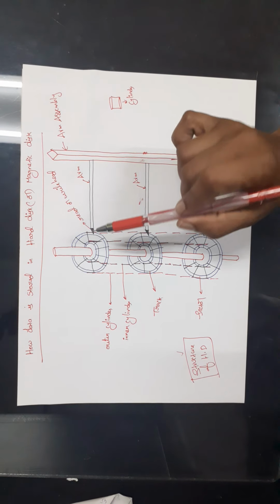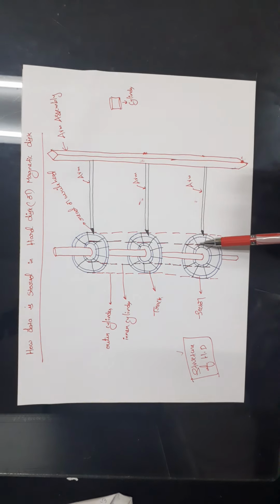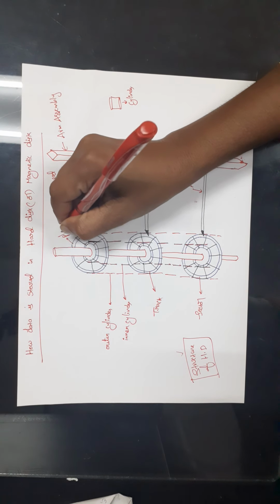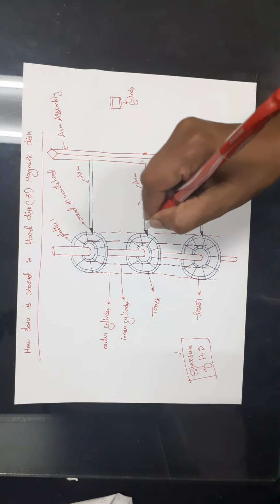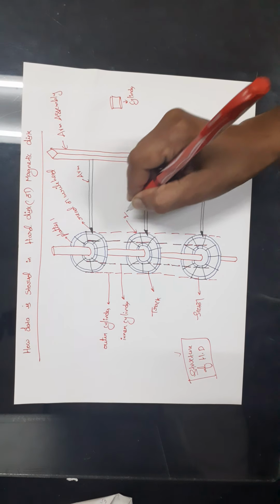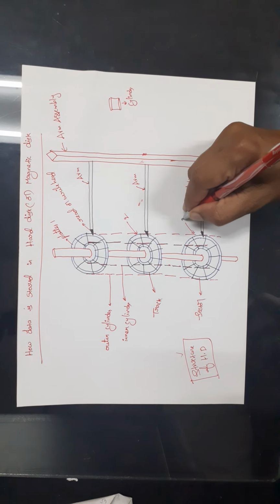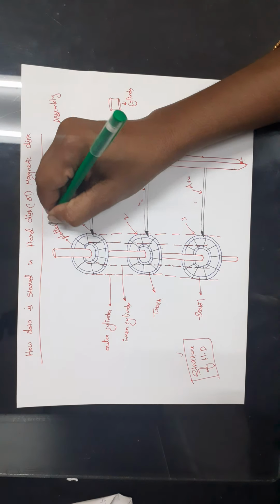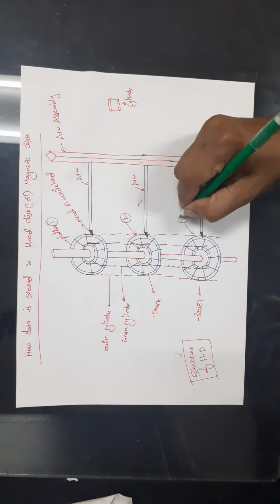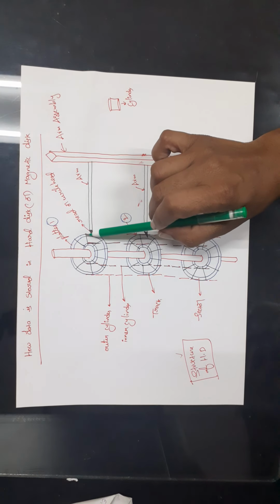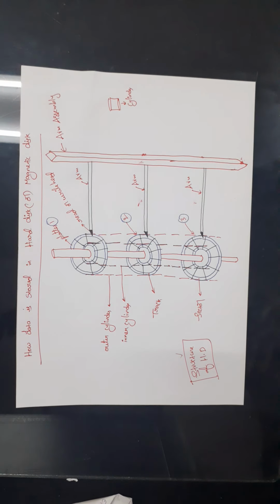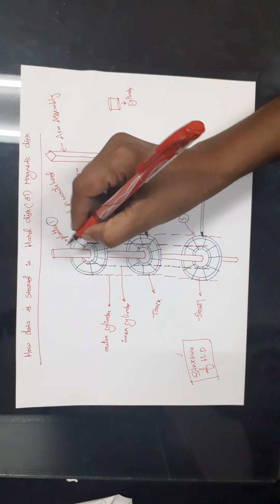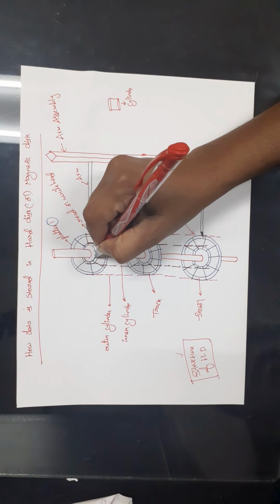We know that these are the platters in the hard disk. This is platter 1, this is platter 2 and this is platter 3. So in total we have 3 platters. Here, if you observe, each platter is divided into circular shaped tracks. This is platter 1, and it is divided into circular shaped tracks.